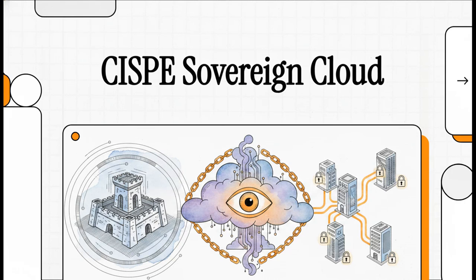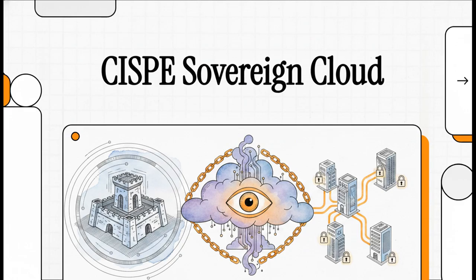Welcome to This Explainer. Right now, there's a massive shift happening in how businesses and public institutions manage their absolute most critical digital assets. I mean, we all know the cloud is the backbone of modern operations, right? But the real question we're answering today is who actually controls that backbone? We're going to dive into the newly launched CISPE Sovereign and Resilient Cloud Services Framework. We'll unpack exactly how organizations can maintain true, verifiable control over their data in what is honestly an increasingly complex